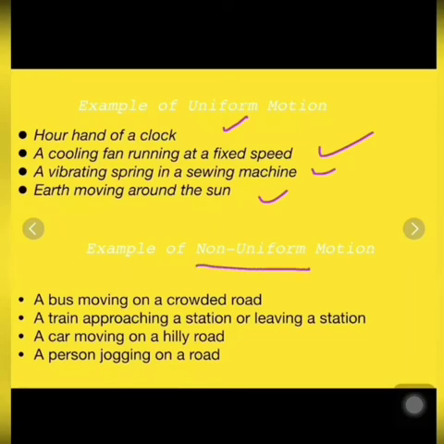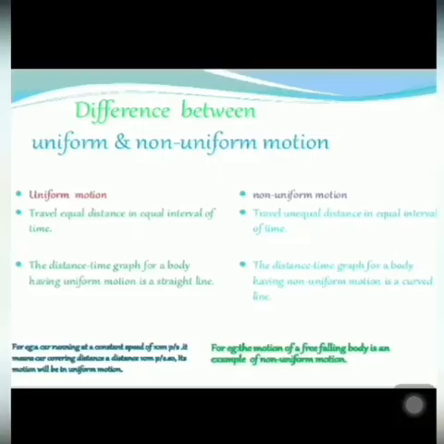Examples of non-uniform motion. Generally, in our day-to-day life, we move with non-uniform motion. For example, a bus moving on a crowded road, a train approaching a station or leaving a station, a car moving on a hilly road, a person jogging on a road. So these all are examples of non-uniform motion. So this is the difference between the two. I hope the uniform and non-uniform